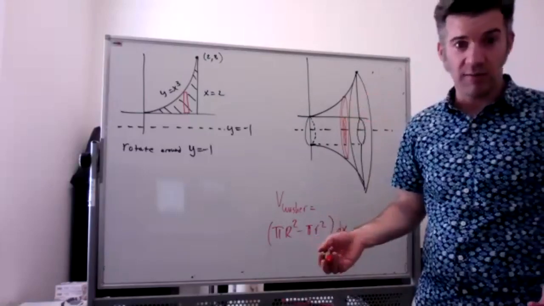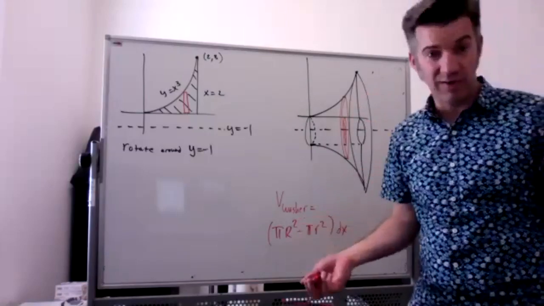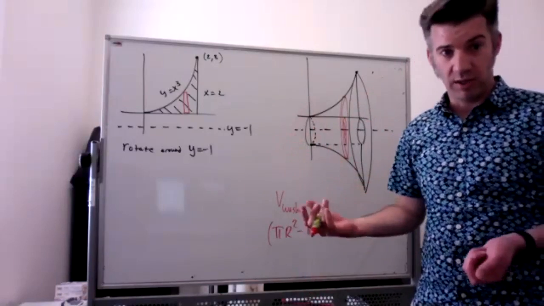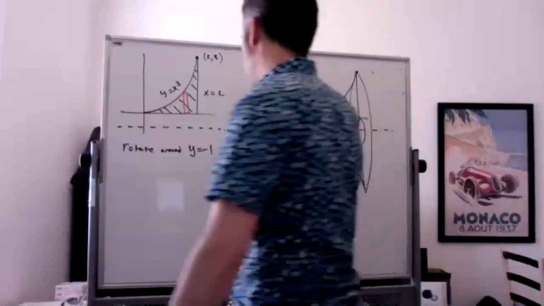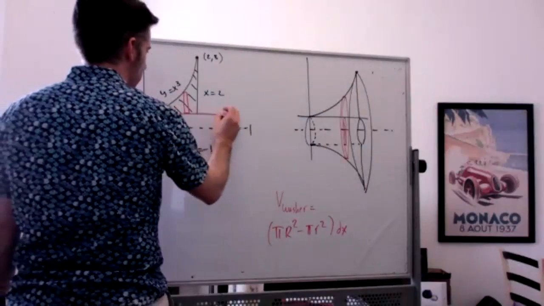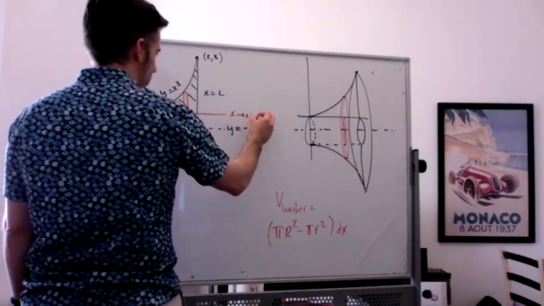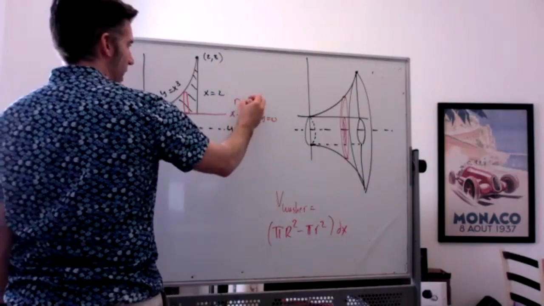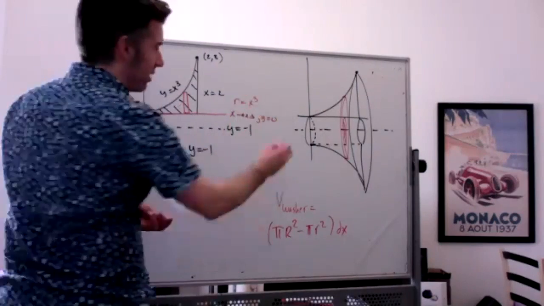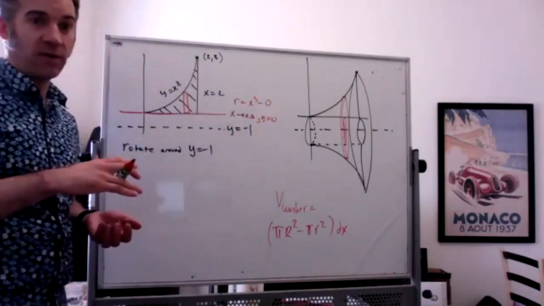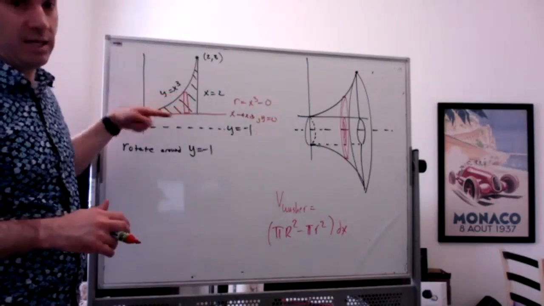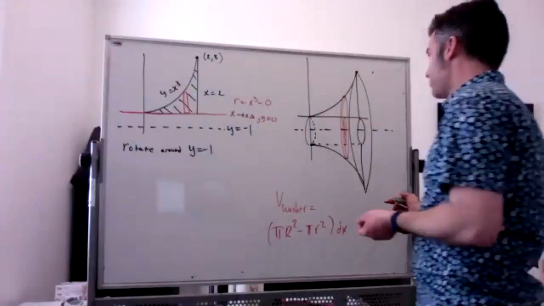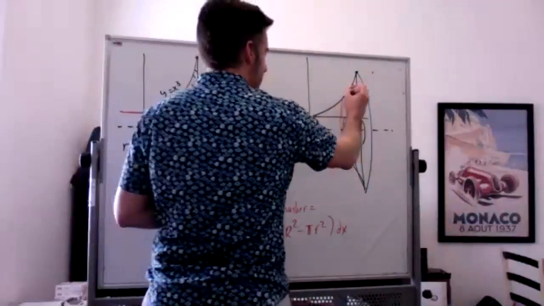Okay, so here's where things are a little bit different. The large radius isn't just y equals x cubed. It's the distance from your outer function to your axis of rotation. So in the previous problem, when I was going around the x-axis, which is y equals 0, my radius was just x cubed, but it was really x cubed minus 0. It was the difference between the function and the axis of rotation. Now, since my axis of rotation is y equals -1, the outer radius,